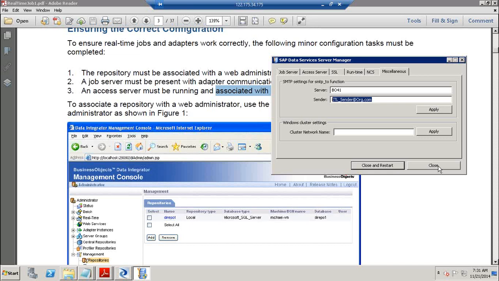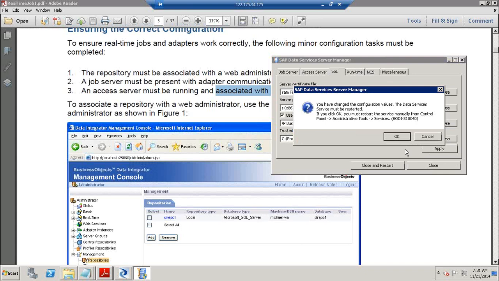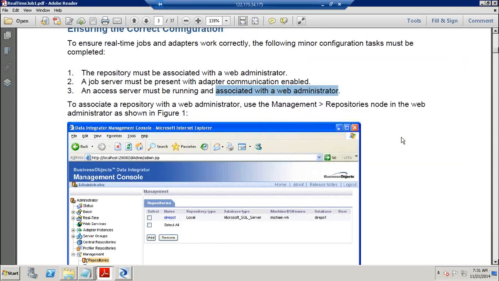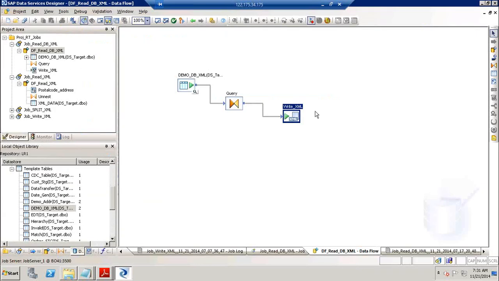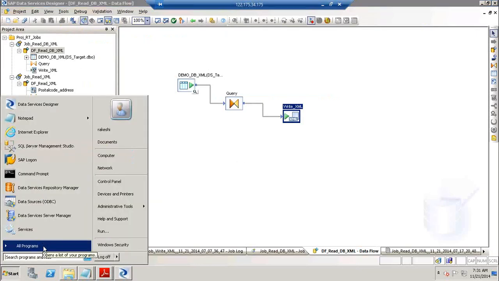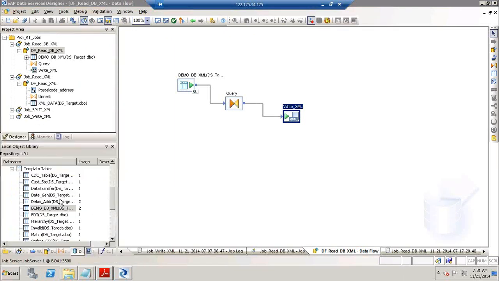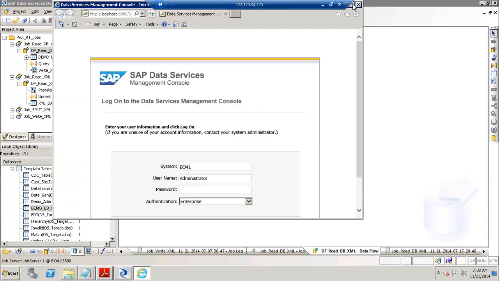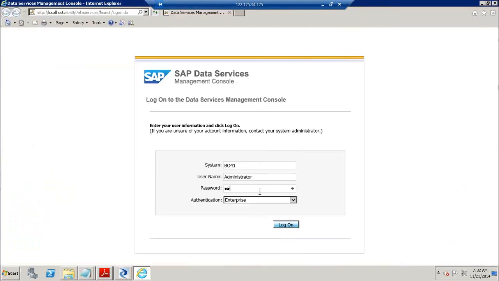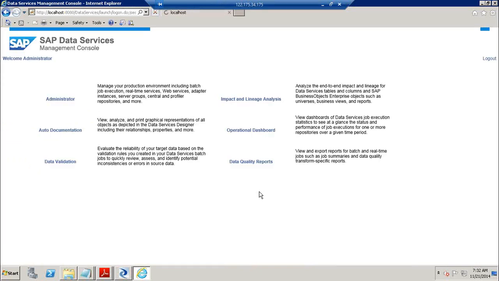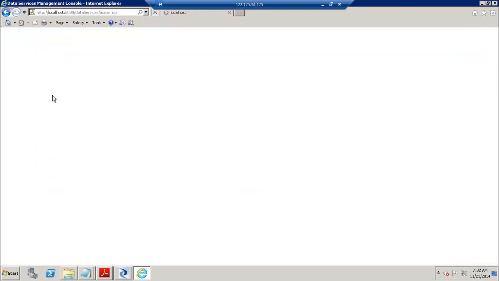So just click on close and restart will actually restart the services. I have already enabled them, so that's the reason why I'm not doing that. The next one is it should also be associated with the web administrator. So go to your data services management console with the navigation start all programs 4.2 and data services management console. Go to your administrator